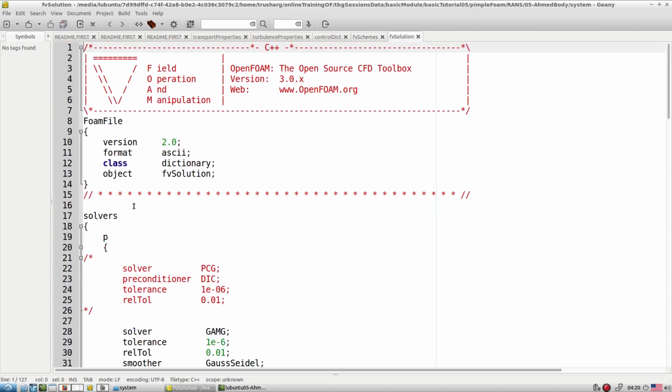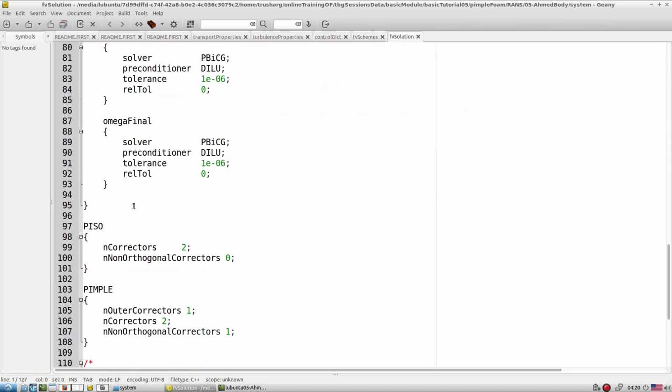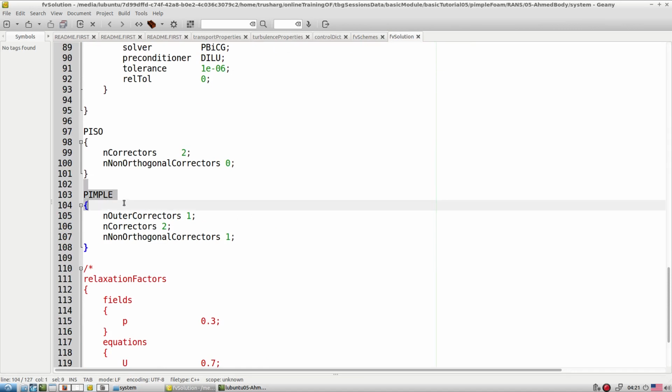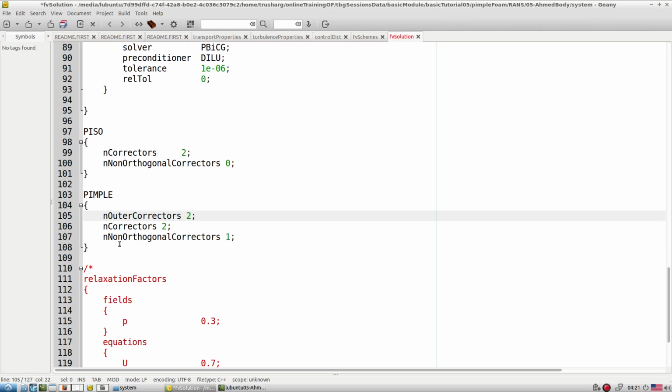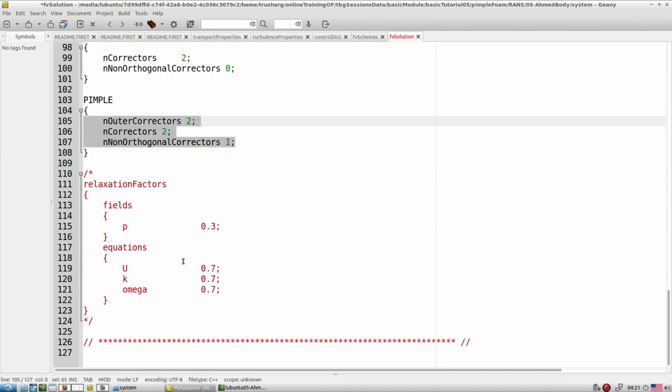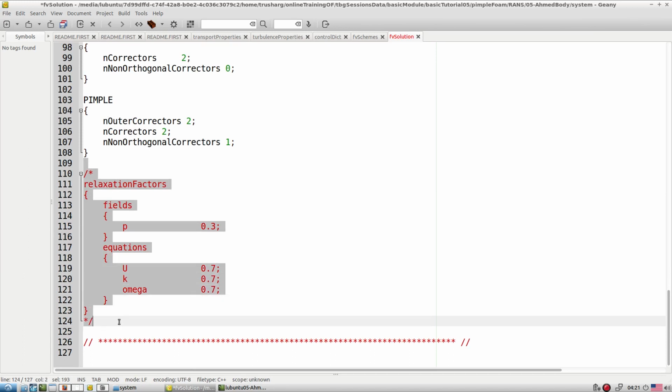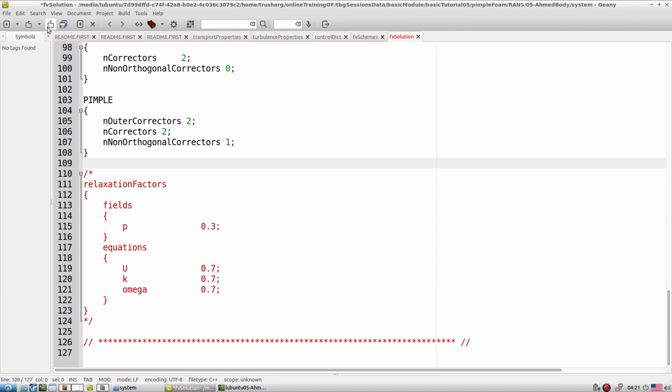Then solution-wise we are working with PISO right now. So nCorrectors equal to 1 works exactly as PISO. Okay, nOuterCorrectors equal to 1 is like PISO, but if we want to work with PIMPLE, then set it to 2 minimum. Non-orthogonal correction we kept. And if you don't want to specify any relaxation, just comment it out, then it doesn't apply any relaxation parameter. If it's not going to work, then we go towards tuning certain parameters and make it work. So that is the idea.